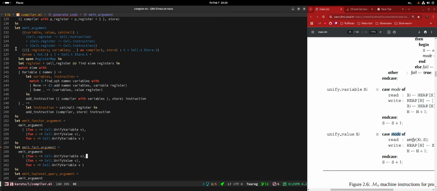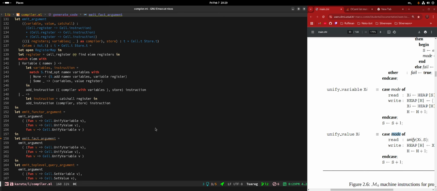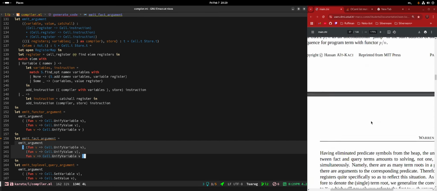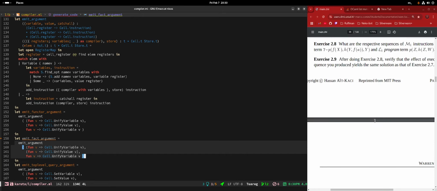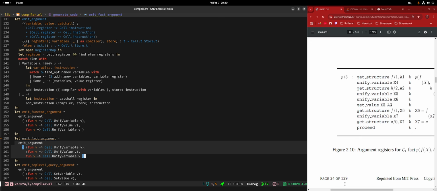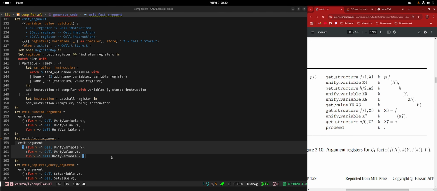What about then just copying most of emit argument and putting it into emit fact argument? Because there's no need for this sort of modularity here then, right? There isn't, you are correct. Yeah, so let's go back to... Sure, we can do that, I guess. Yeah, later we can try to figure out if there is a way to improve that even further. To go even further beyond. Yeah.